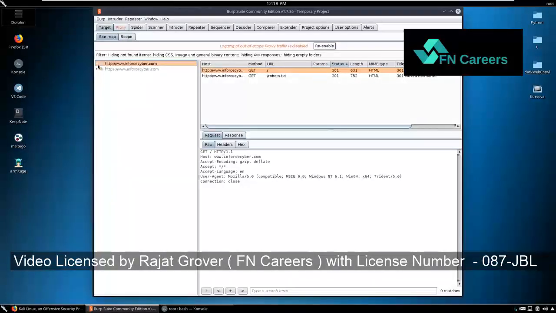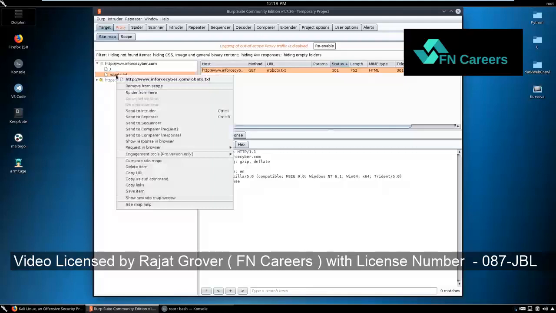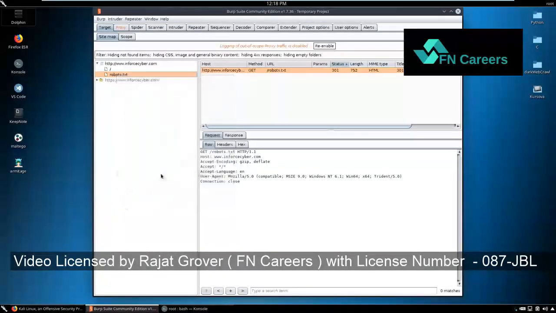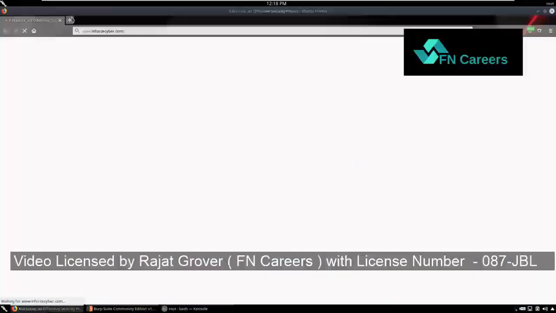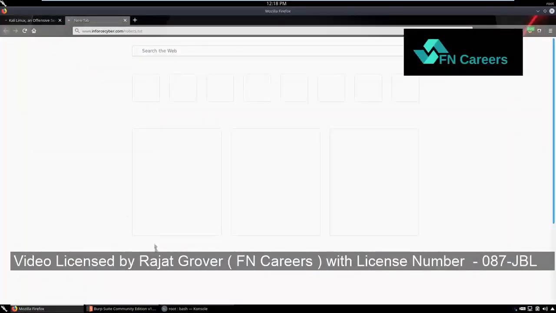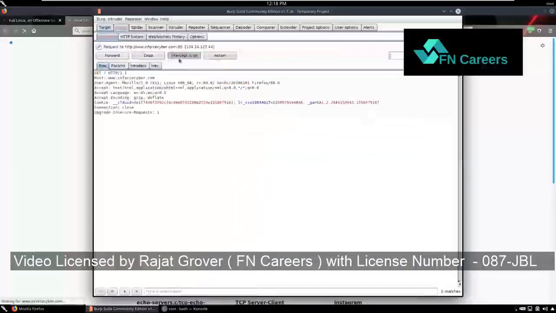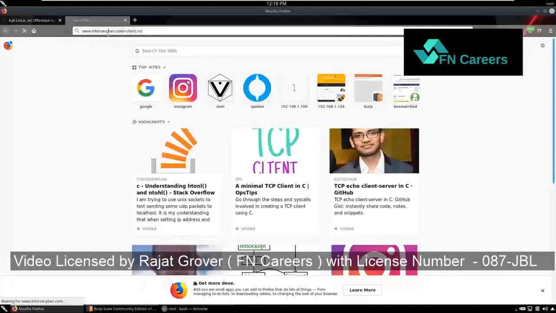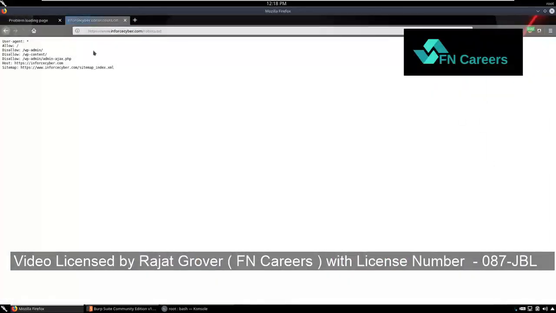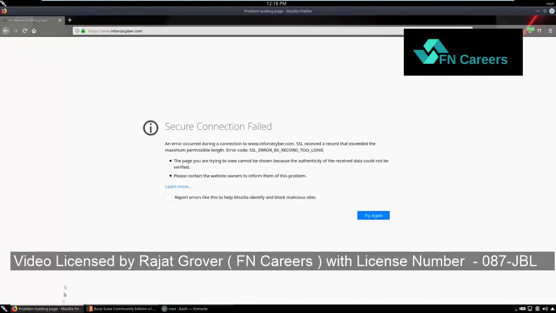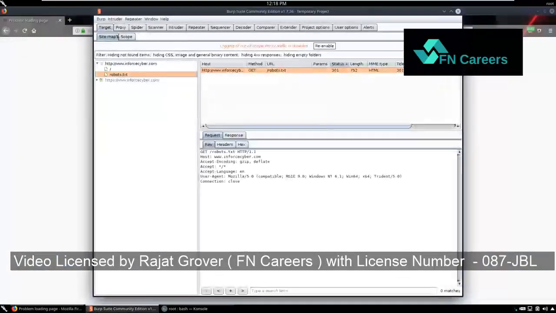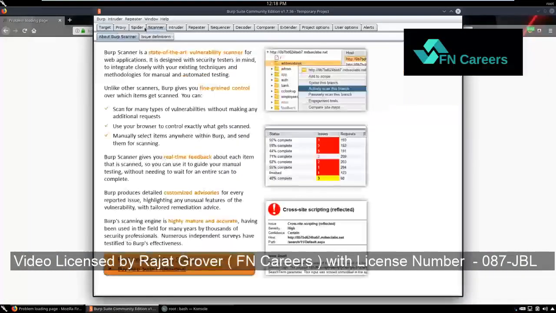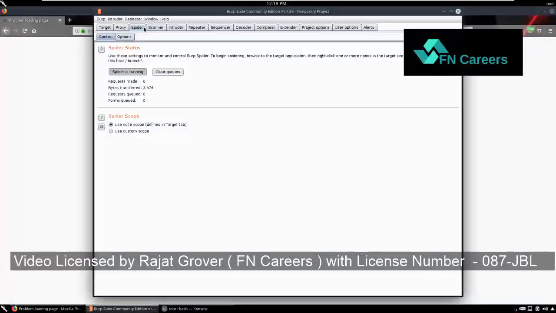So for now it was able to identify robots.txt, and if we right click, we can copy that as a curl command, or we can copy the URL. If we go here and paste the URL, let's turn on the intercept, and we have the robots.txt file. Nice. So see, now the Spider is gonna start working with those directories and start spidering like anything